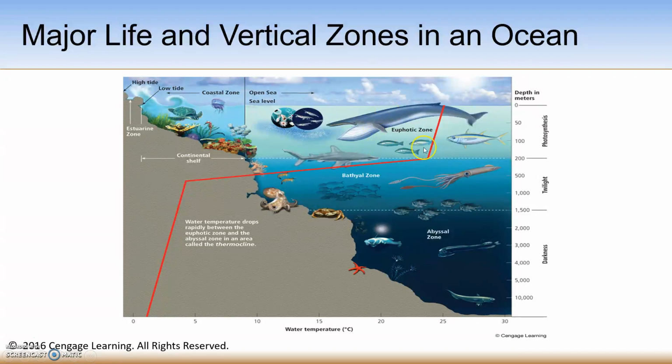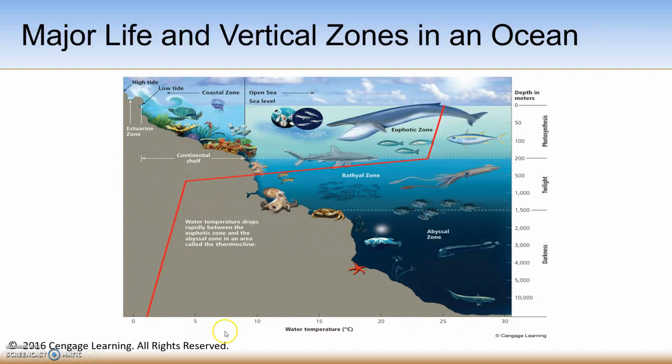The euphotic zone, because of photosynthesis being present in this region with sunlight, is where drifting phytoplankton actually carry about 40% of the world's photosynthetic activity. The bathal zone, or the middle zone, gets little sunlight and therefore doesn't contain photosynthesizing producers. And then the abyssal zone is very dark and cold, and it has very little dissolved oxygen down in this region. Which brings me to this section of the diagram depicting temperature,